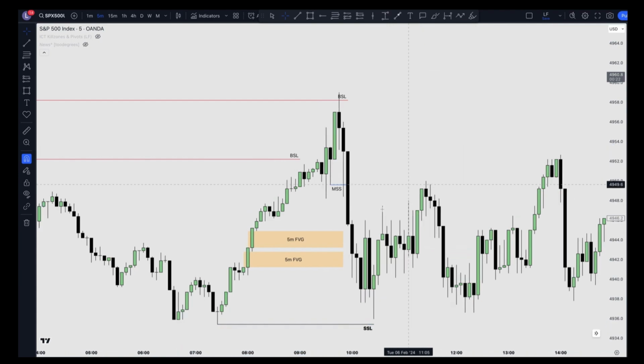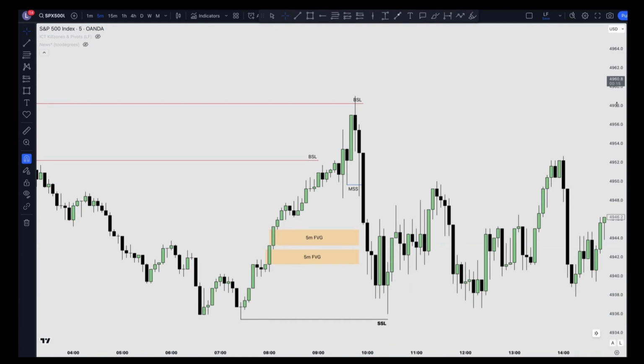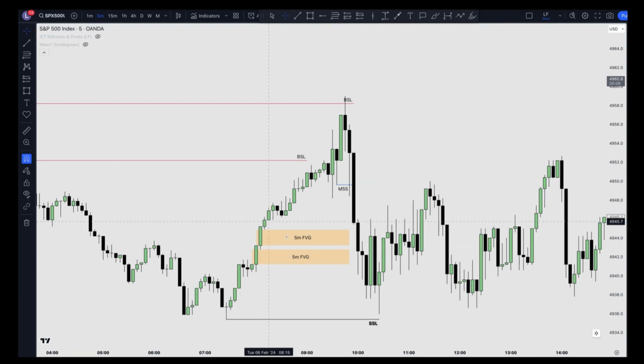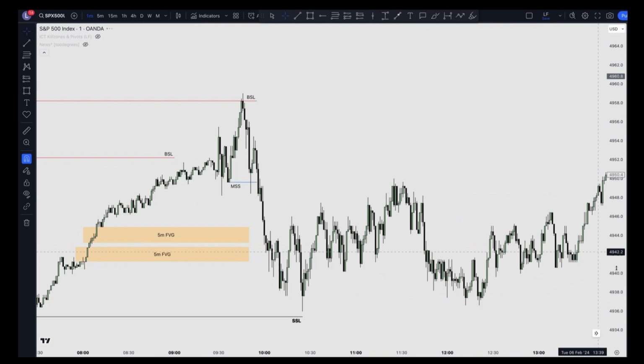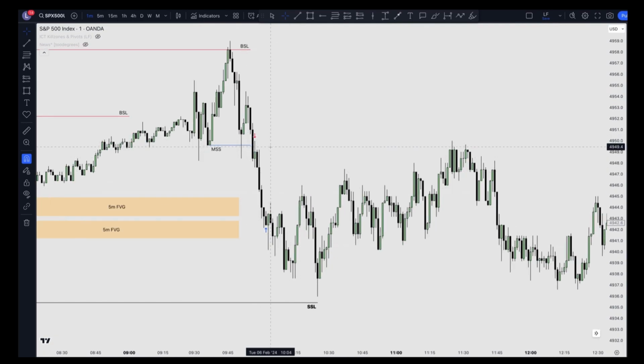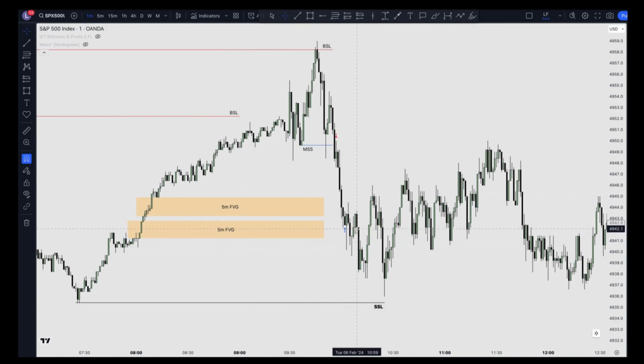levels here, which are also known as external range liquidity. In this case, it's the sell side liquidity. I was actually looking to do a trade that's a quick in and out, so I targeted the imbalance here. So if I chuck on my executions, I took my trade here as soon as the market broke structure, and I took it off at this 5-minute fair